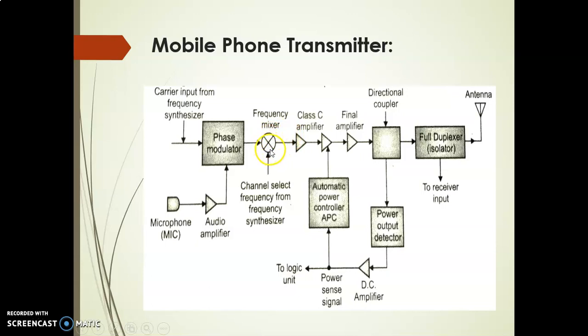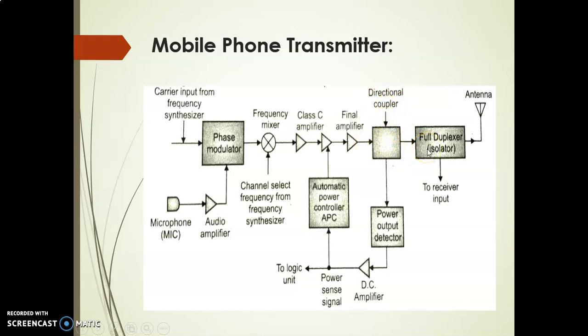Now the frequency mixer mixes two frequencies. Which two frequencies? One frequency is coming from the frequency synthesizer, and the second is the channel selected frequency from the frequency synthesizer. These two frequencies are mixed together and the output is given to the class C amplifier. These are the amplifier section, the class C amplifier and the final amplifier. These two amplifiers will amplify the signal according to the requirement, and the output is given to the directional coupler